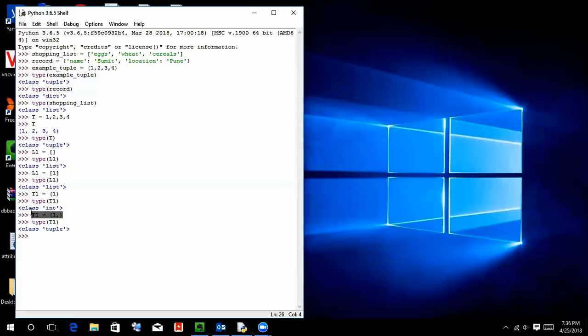Apart from this, there are multiple operations in the tuple. For example, if you have t1 equals to, we can just concat it. But tuples are immutable. You will not be able to change tuples value. You don't have any operation. So whatever we have created on the screen, it's just a concatenation, and it has resulted in a